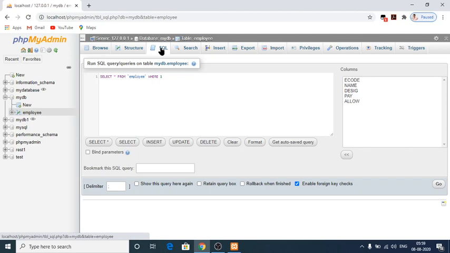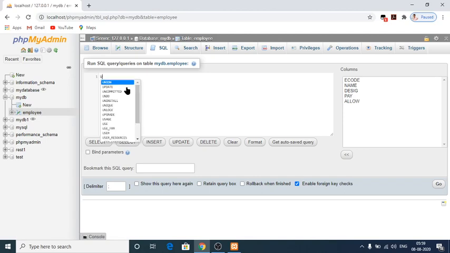Yes, to update, we have to use update. So go here, give update, and from which table I want to give an update, employee.